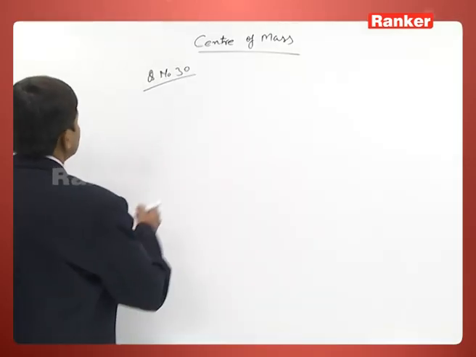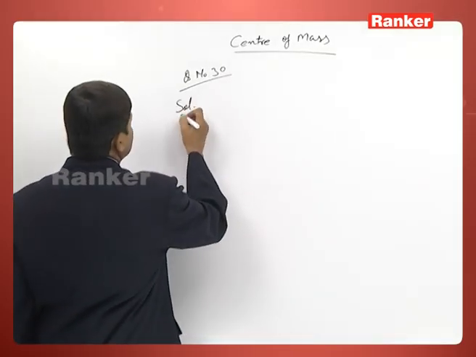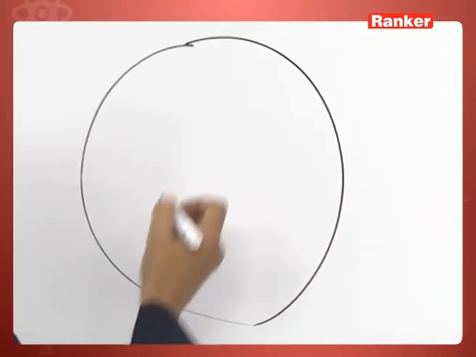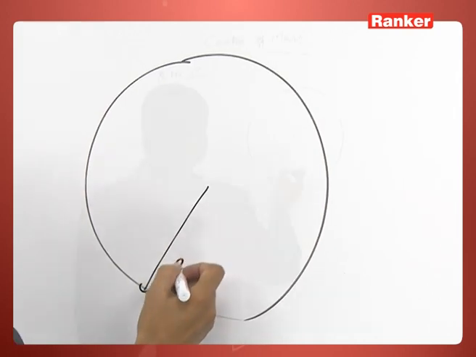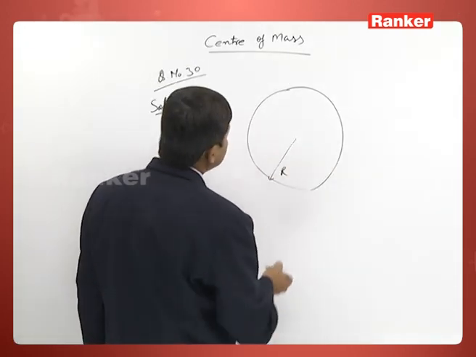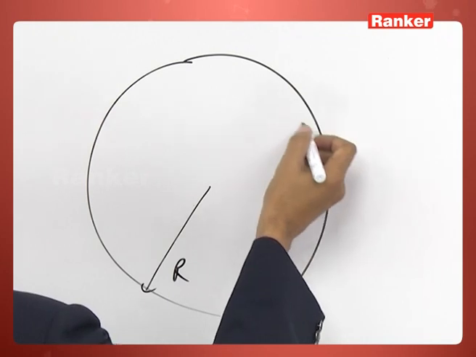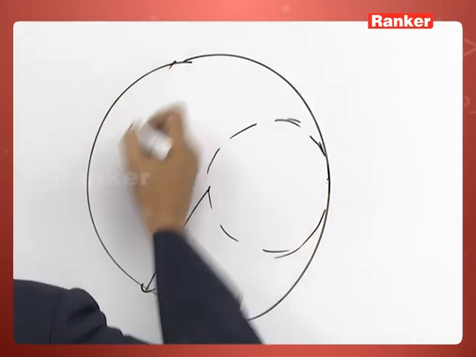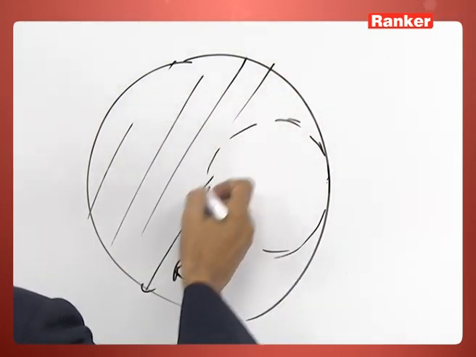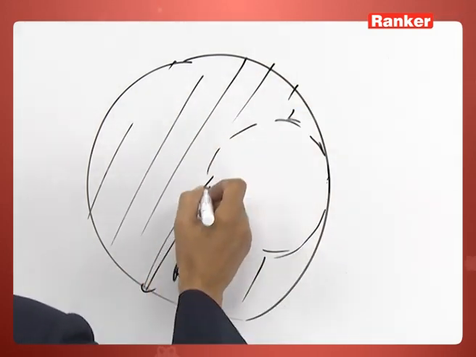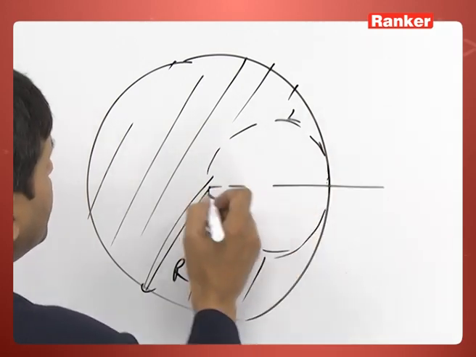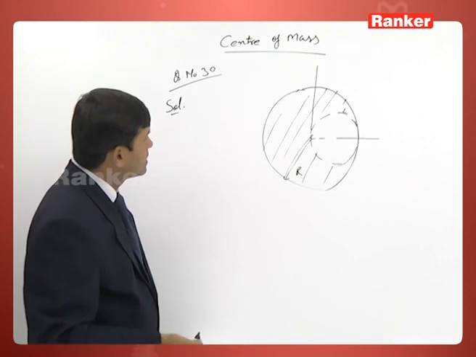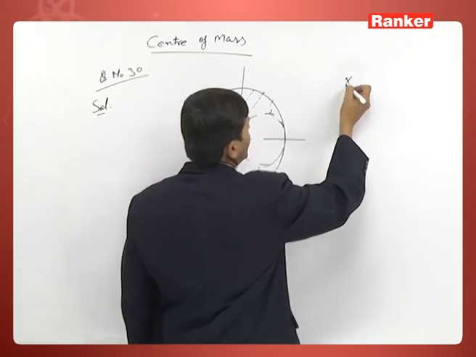The question is like this: a sphere is given and it has radius r. From this sphere, a cavity has been made. We need to find the shift in the center of mass of the system. So, we only need xcm, which is